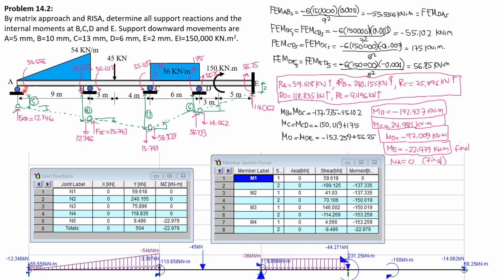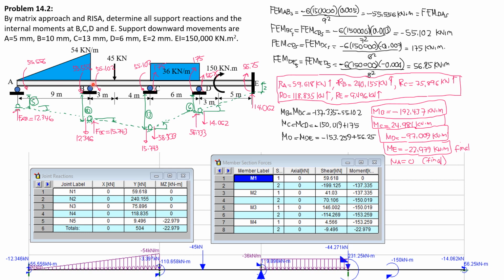Remember, nodal loads are opposite to these fixed end forces. So at A, we have 12.346 upward, so it is now downward, negative 12.346. And the couple is counterclockwise, positive in the software, so it is clockwise, so negative 55.556. So clockwise as shown. What is important, it is clockwise,